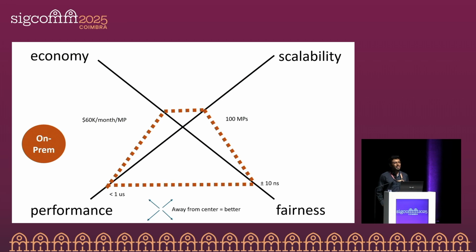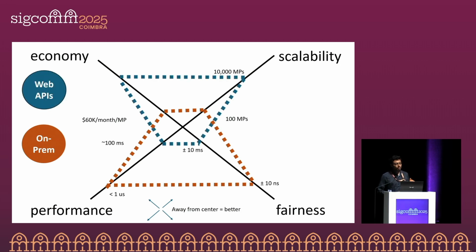The state-of-the-art financial exchanges, which are on-premise or co-located, fall into this kind of a profile, right? They're really good on the performance and fairness front, but not so great on the economy and scalability front. If you look at the other extreme end of the spectrum, there are also web APIs that allow people to trade from their browser screens or by writing small web applications. So they are extremely economic and scalable, but they do not provide the kind of performance and fairness guarantees required to compete in a fair and real way at high speed.